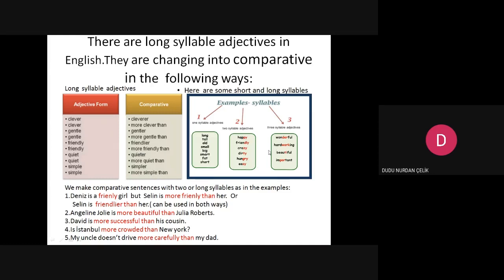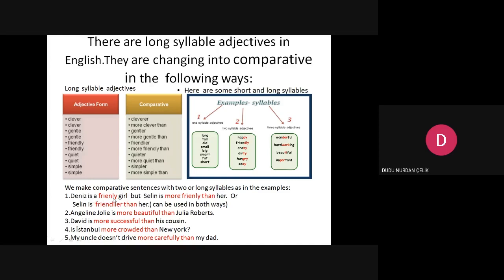With the long syllables, three syllables, we use more in front of the adjectives. For example, more wonderful, more hardworking, more beautiful, more important. Here we have got some examples for two or long syllables. Look at this.